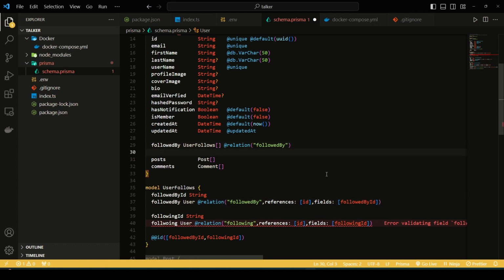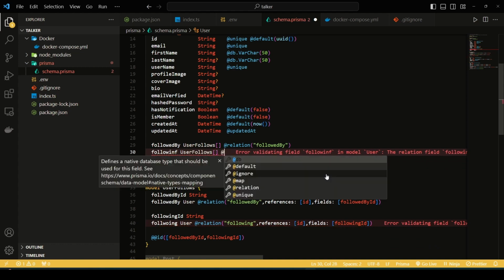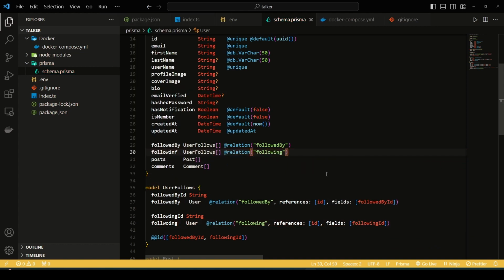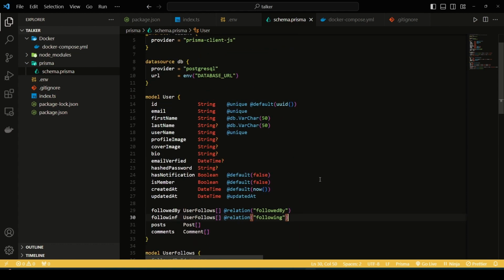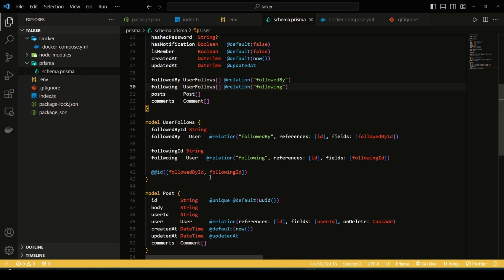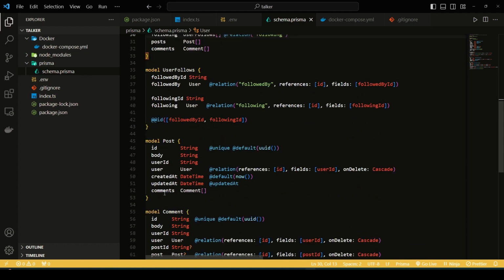Okay, then the second relationship would be following. Again, user follows, the relationship would be following. See, so using this, you have mapped the user with the following and followed by relationship. So after creating the following relationship, what I would like to do is to add a like a post or